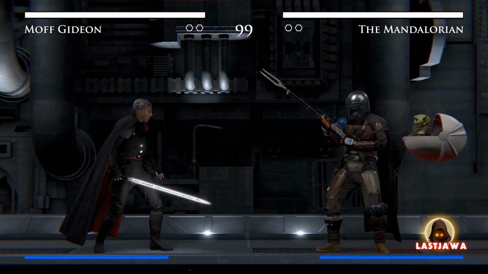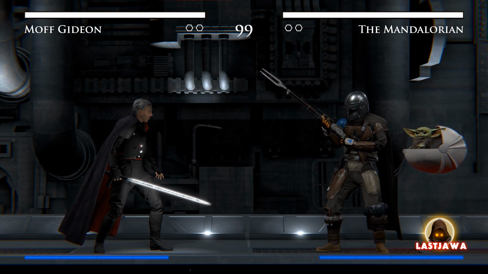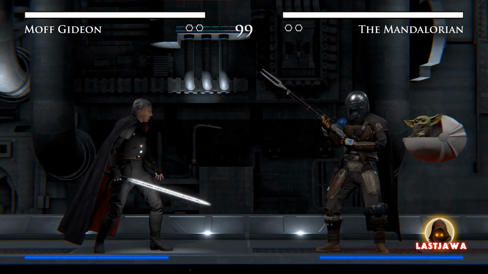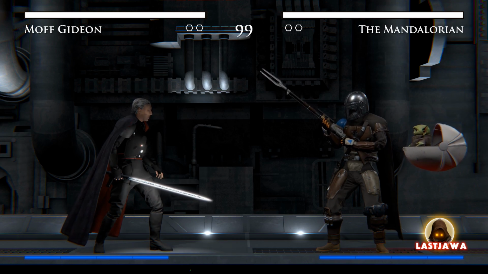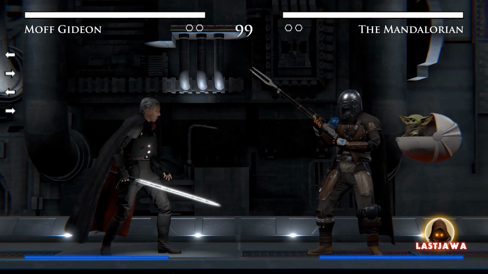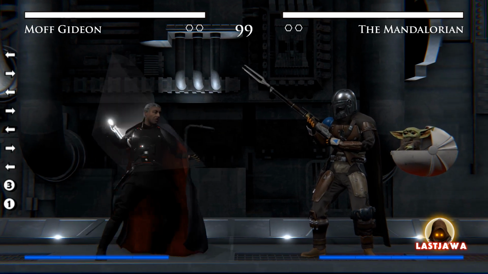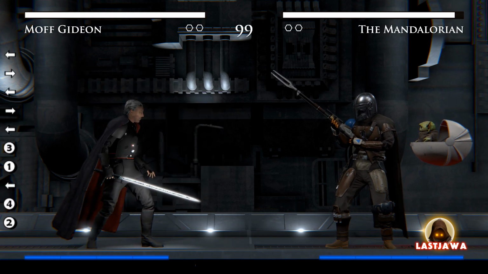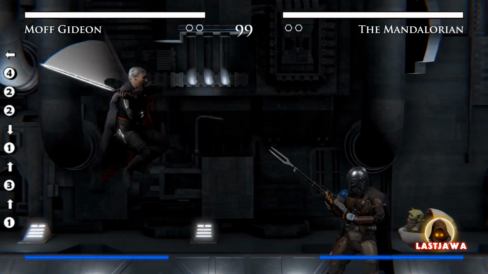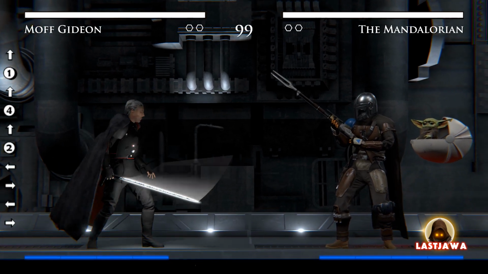And Moff Gideon is a little more complicated of a character to use, as he's not as powerful, but what he does have is speed. He's a very fast character, so speed is what you're using to your advantage here. And of course he has all the basic moves that you'll find with the characters in this game. Slashes, kicks, uppercut, jumping slashes, jumping kicks, and his grab,